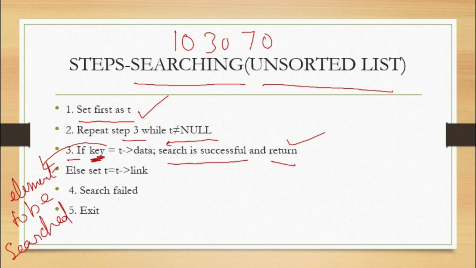Else you need to go forward, because you need to look through each and every element. Since the list is an unsorted list, you need to search between all the elements. That's why you do T is equal to T of link. That time T will move forward. You have to go on doing this till T becomes equal to null. Even when T becomes equal to null, if you don't get anything, then of course your search will not be successful. So that time the search will be failed. That is how it works. So this is searching on an unsorted list. Let us see the code once. It will be almost the same concept.